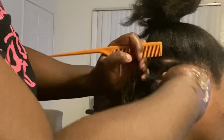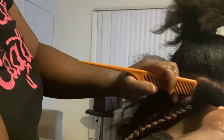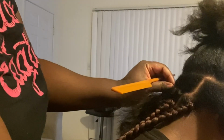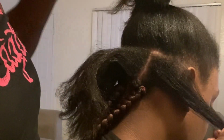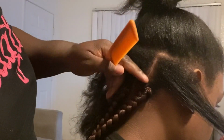Here, as you can see, I've already done 3 braids on the bottom, and I'm doing the part right now. My daughter hates to get the part, but I'm doing the part in the middle, not a part on top of a part. I tend to put the part in the middle of the bottom braid, as you can see right there. It's not on top of a part, but in the middle of that braid, so that they will fall. They fall better when you part like that,